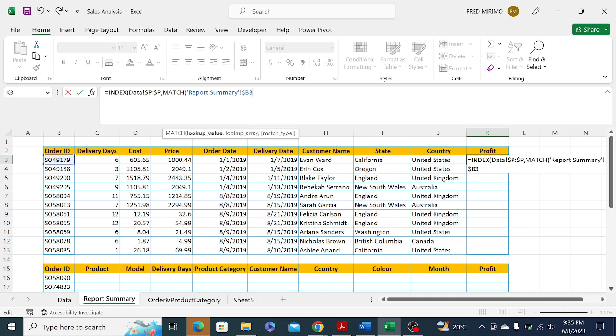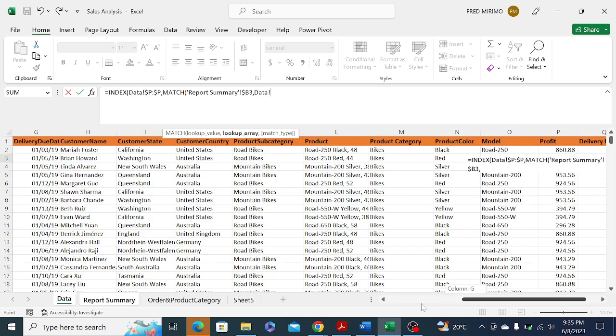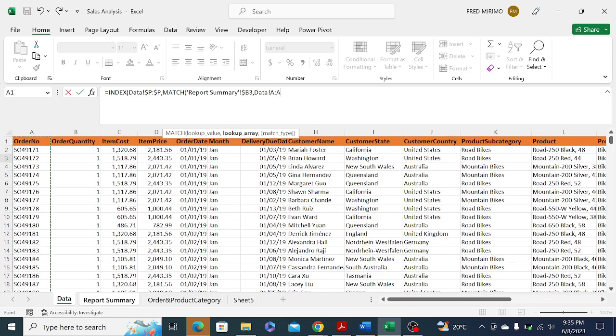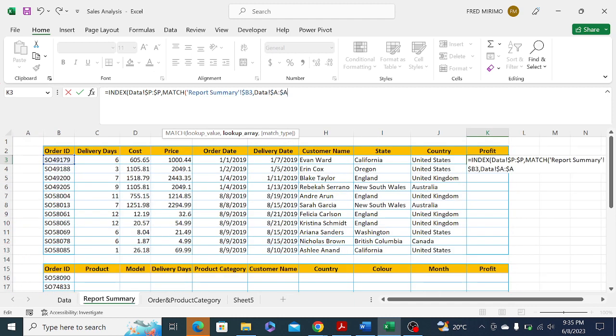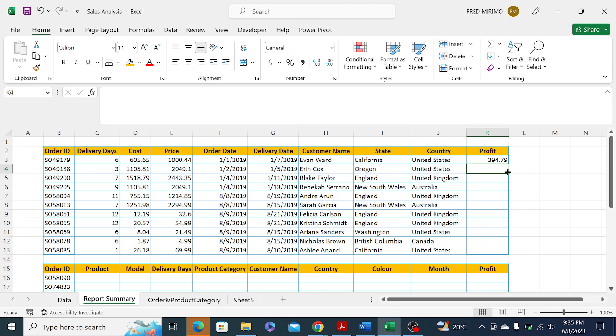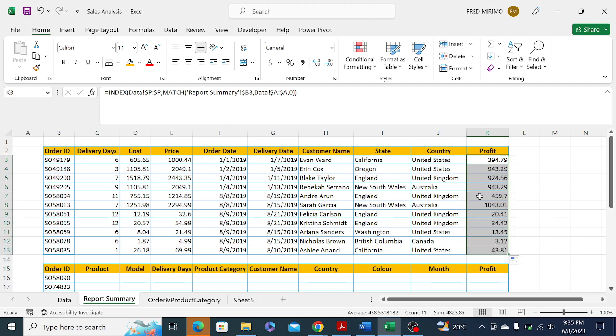So comma, then go to the array, that is F4, and you want an exact match. So that's the profit that was made from that order, autofill downwards,